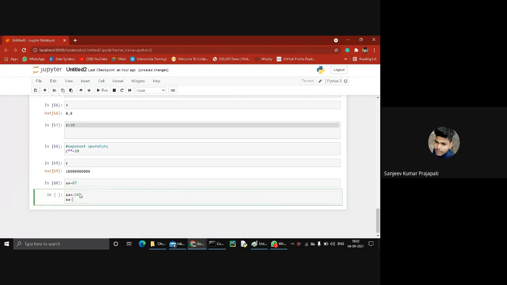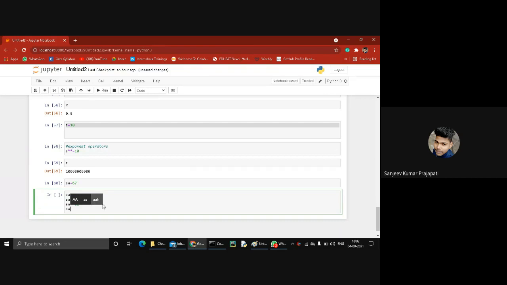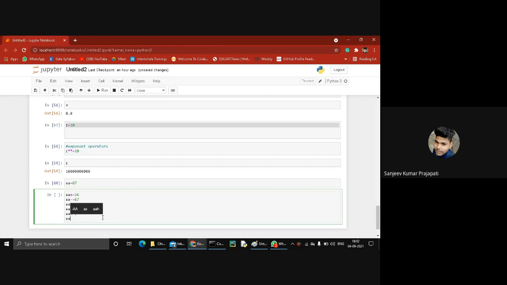Again a minus equal to 34, then enter a multiply and equal to 12, and again a divided and equal to 5, and a modulus equal to 3. Again a exponent equal to 2.